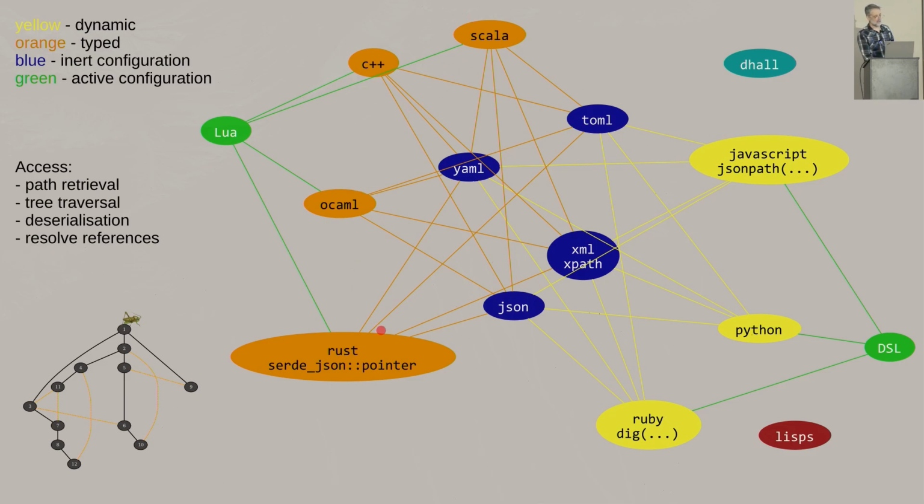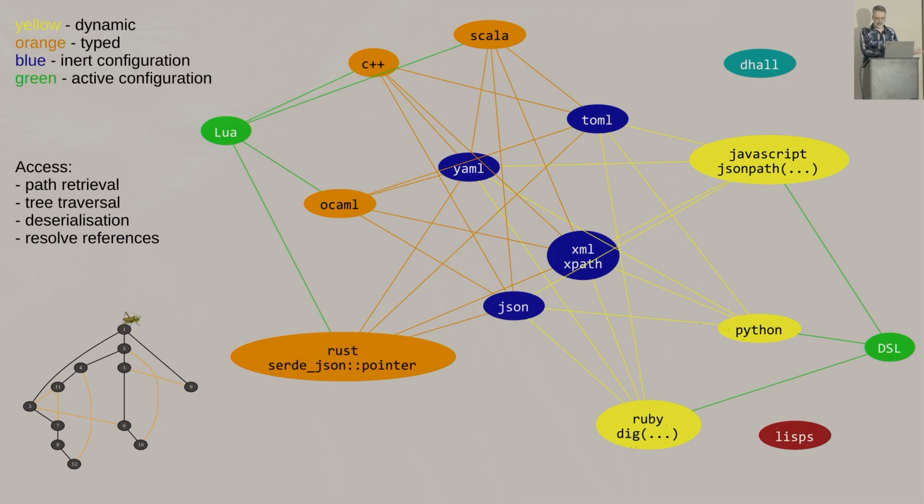Then typed languages, you'll often find that when you parse these things, you end up with some kind of top-level sum type. Those are very amenable to doing this tree traversal I've been talking about, or for doing at least the path retrieval I've been talking about, and the tree traversal. C++, I'm not so sure about. You probably end up stuck with abstract classes there. But the rest will give you some types.